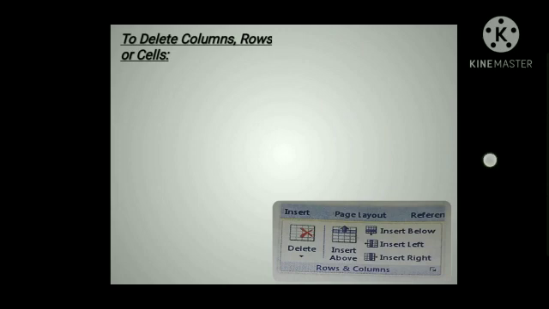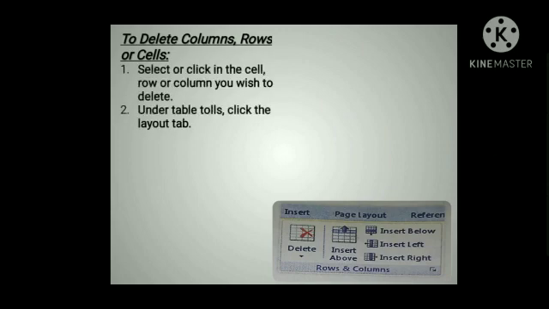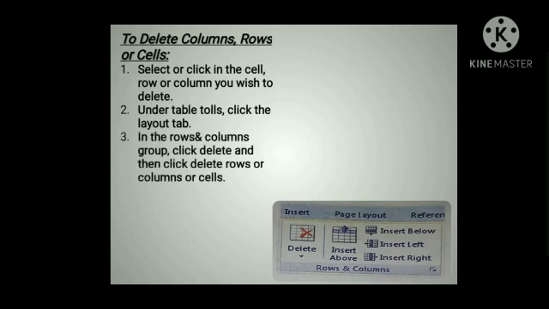Delete columns, rows and cells. First, select or click in the cell, row or column you wish to delete. Second, under Table Tools, click the Layout tab. Third, in the Rows and Columns group, click Delete and then click Delete Rows or Columns or Cells to delete